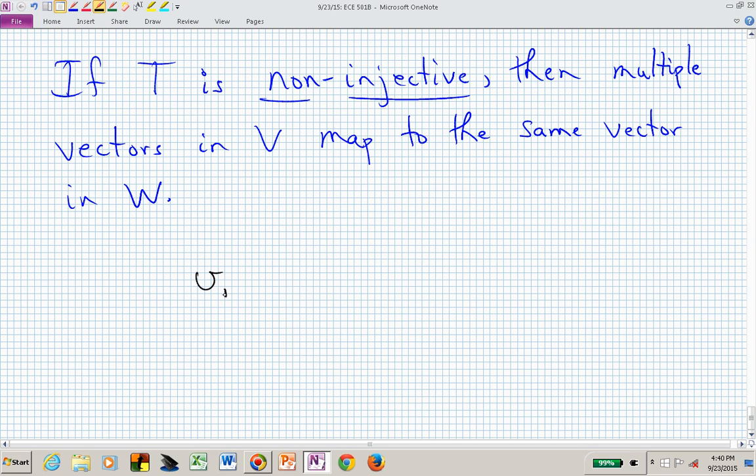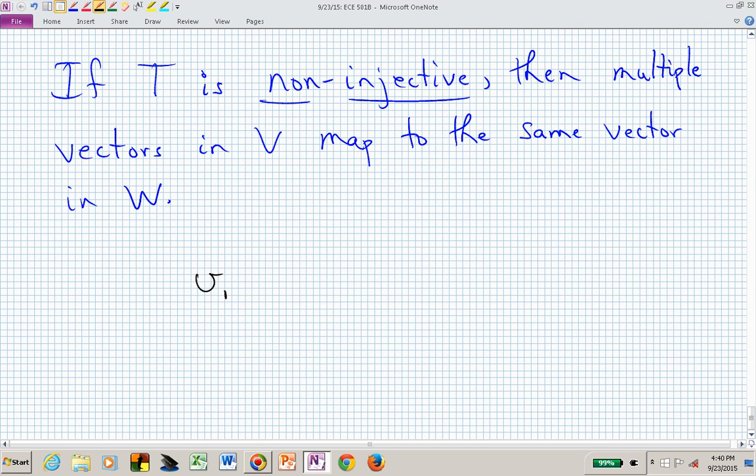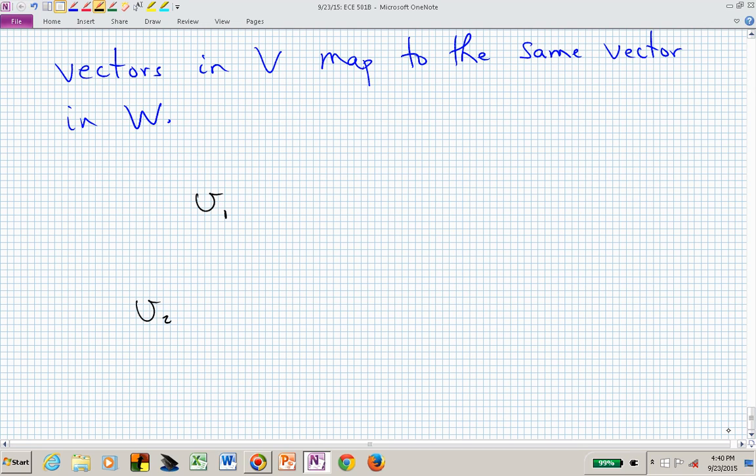This V1 could be in the cloud, couldn't it? It could be in the domain V, capital V, and maybe you have another vector in that same cloud, V sub 2, but if they are related by some combination of vectors in the null space of the linear map T, then V1 and V2 are going to map to the same point in our second cloud, or in the codomain's vector space W, meaning